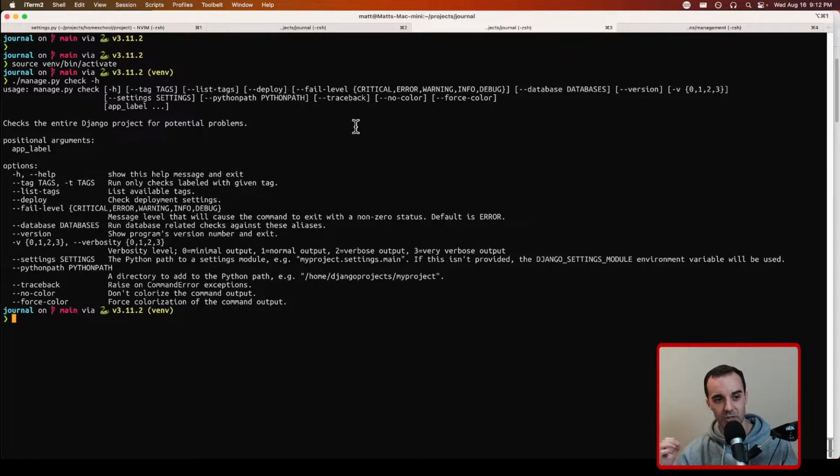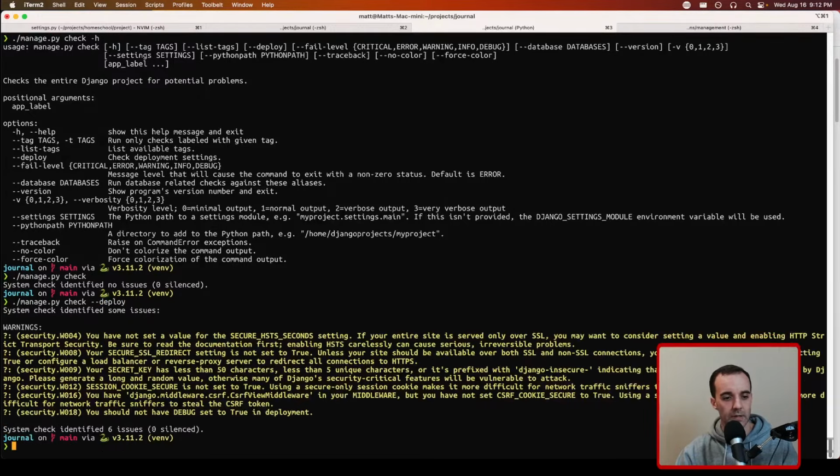So check is not just about deployment checking. It can be other types of issues that are discovered as well. Like I said, there's all sorts of things that can be registered as checks. So the category of deploy is kind of a filter down to what's really important for making sure deployment works. And so we can run manage check, and we might not get any issues here because we haven't supplied the deploy flag. But the deploy flag on this command is going to be a more stringent set. So if we run this again and run manage check with the deploy option, then we're going to get some